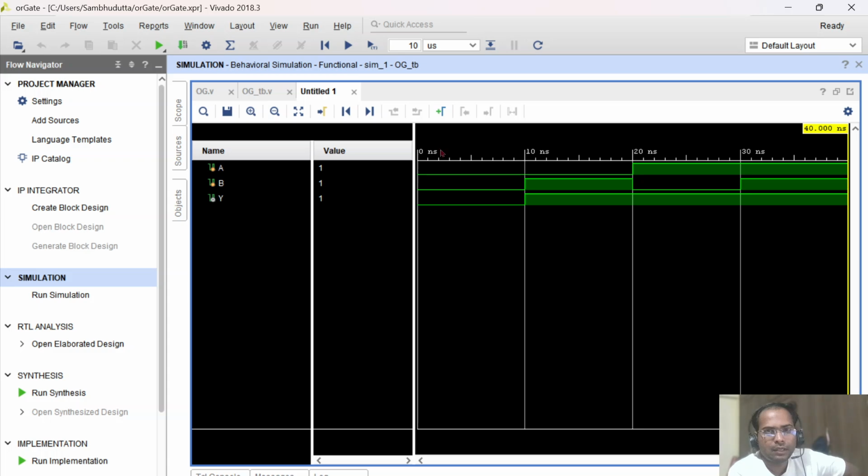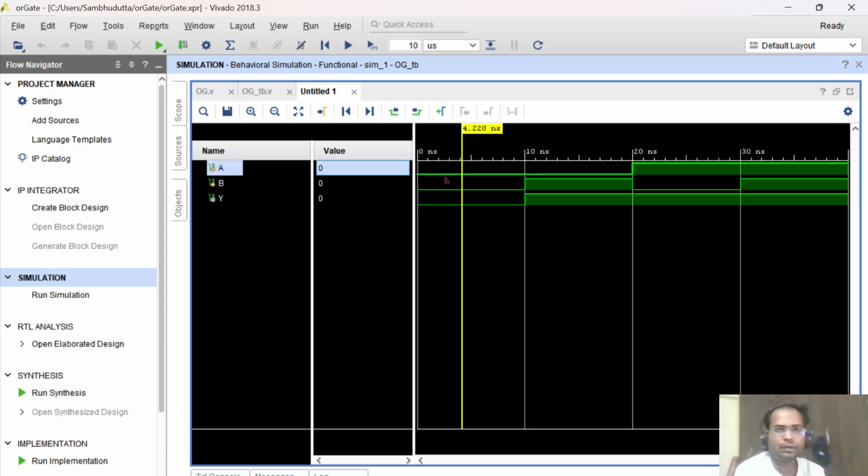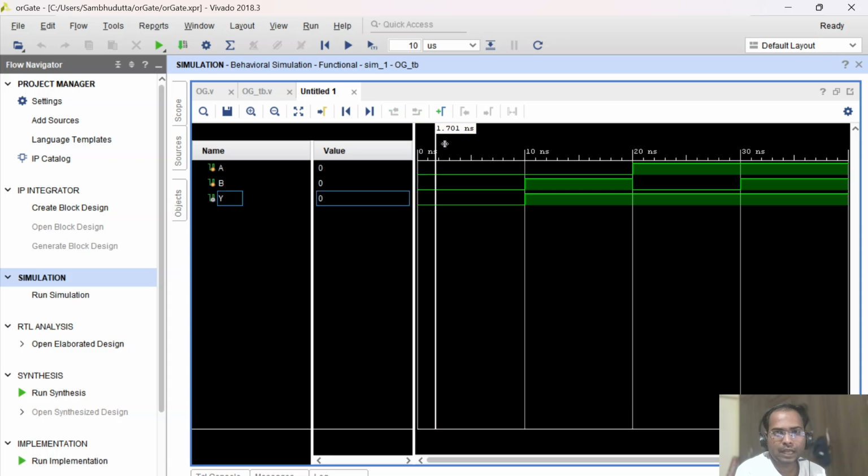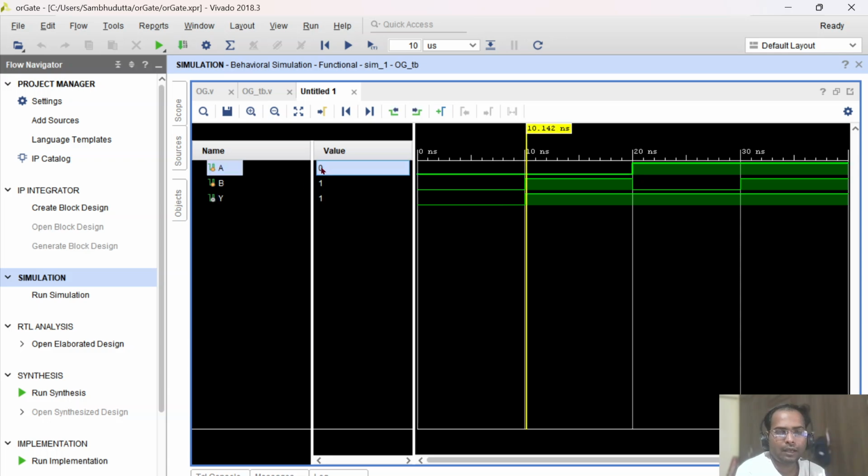Graph means you can see there is a gap of 10 nanosecond, then 10 nanosecond, then 10 nanosecond, and at last it completes at 40 nanosecond. What to observe here? You can drag this line here at the beginning. The value of A is 0, value of B is 0, value of Y is also 0 at the time. Now the same state continues for 10 nanosecond, then after 10 nanosecond the value of A is 0, value of